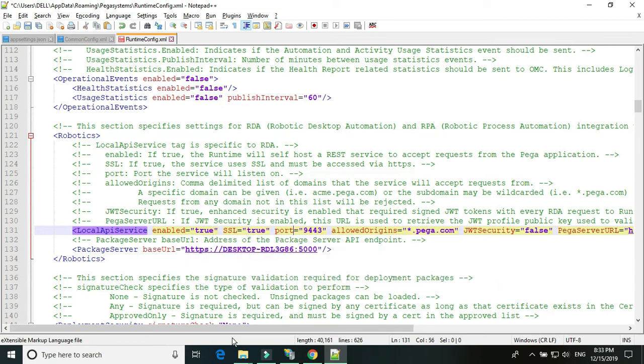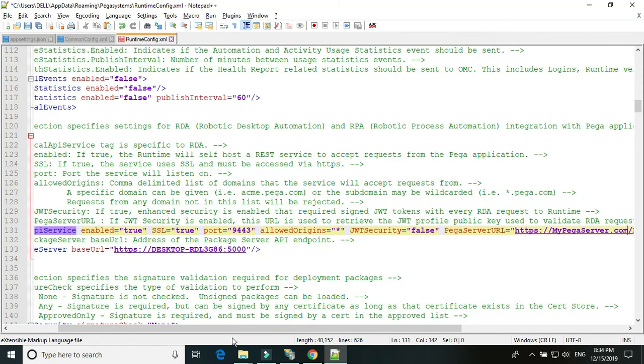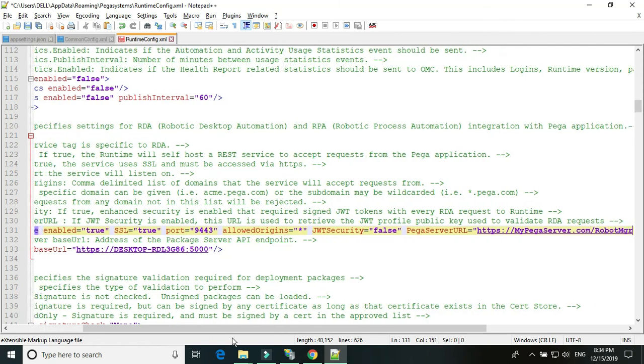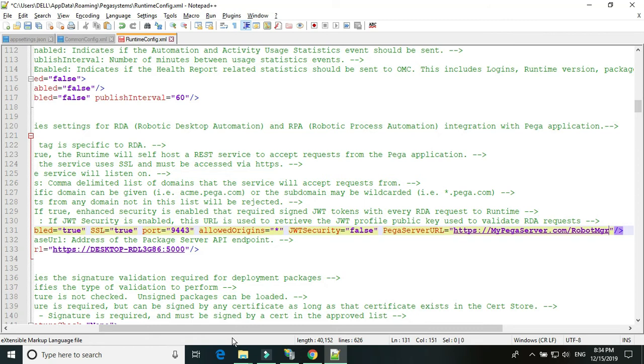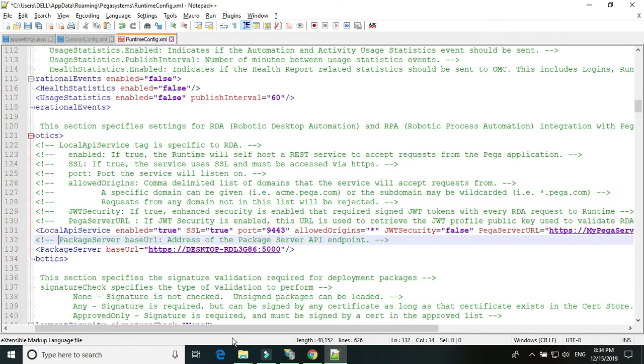SSL to true, port is 9443, that's the default one, and allow origin. Just change it from start.pega.com to just star. JWT security is false, we are not using it. And then Pega server URL, which is basically our robot manager's URL, so you can use yours, and the package server is the one that we set for the package server. So just make sure all the configurations are good. Save the files